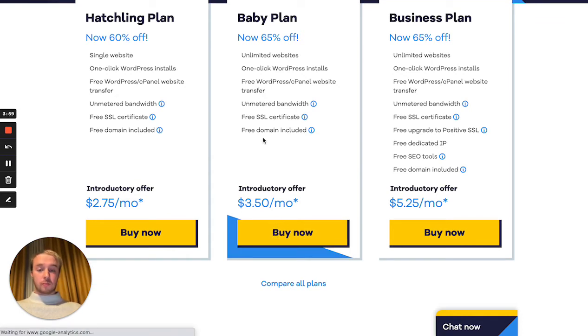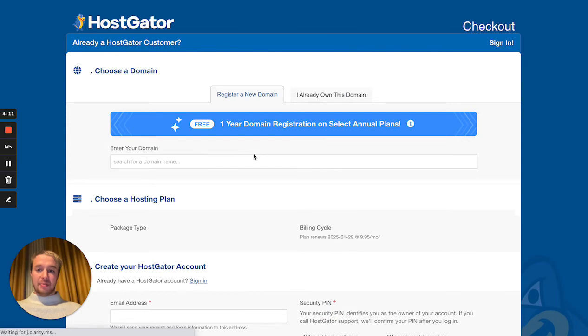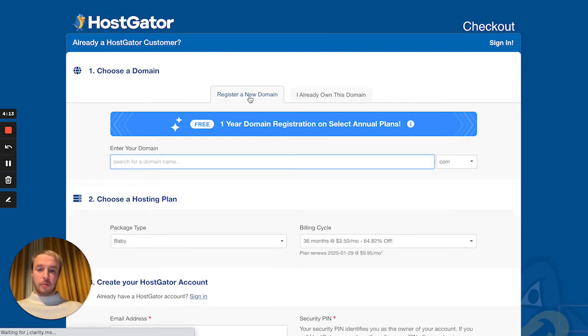Now once you click that, you will see you will have to register yourself. Of course it's free, so let the website load. Now you see register a new domain. If you don't have a domain, you can enter a domain here,